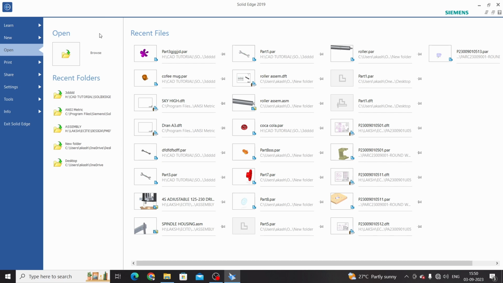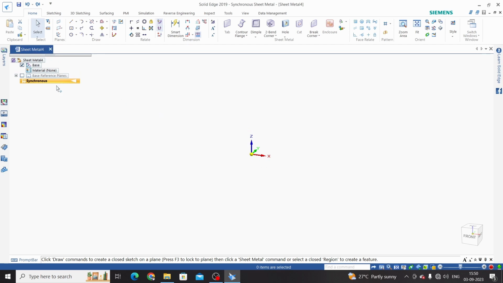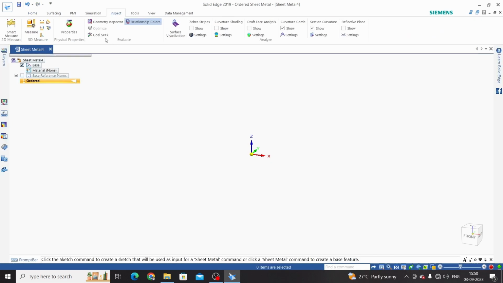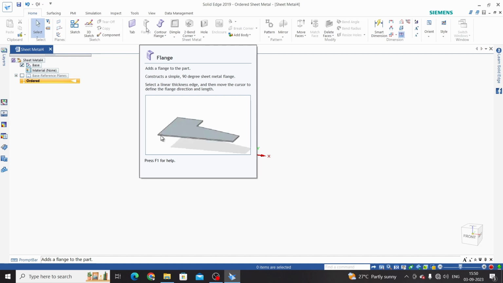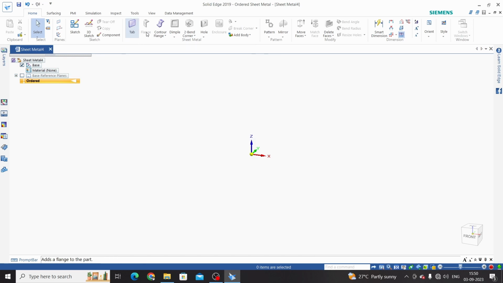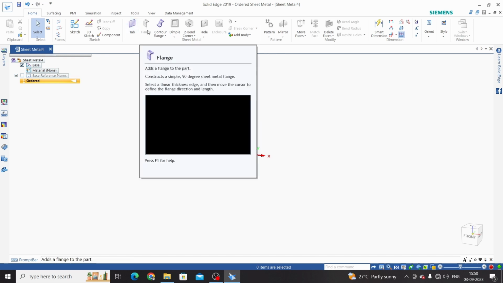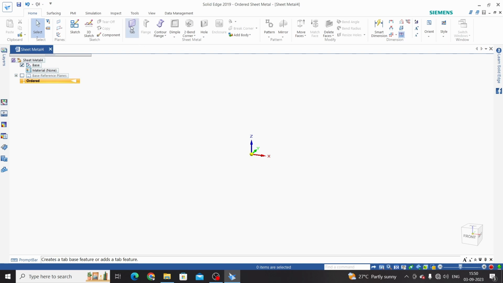In this tutorial, we will learn our second command, Flange. For that, click New, select the sheet metal template, enter into ordered mode, and go to the Home tab. To use the Flange command, we need to create one tab. On this tab, we will use Flange. So start with Tab, select a plane,